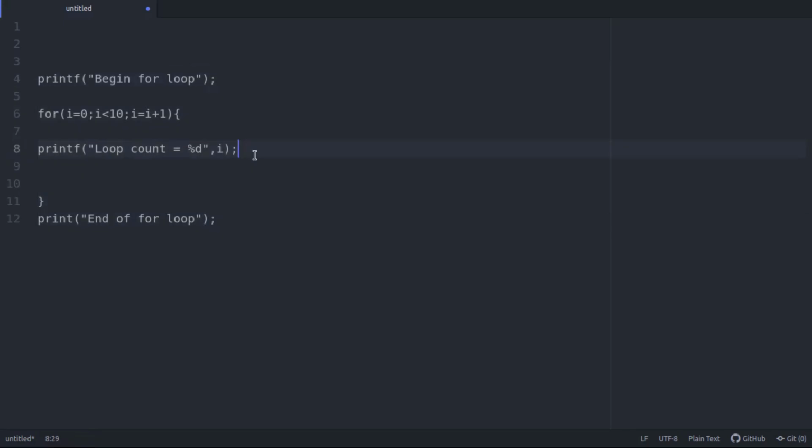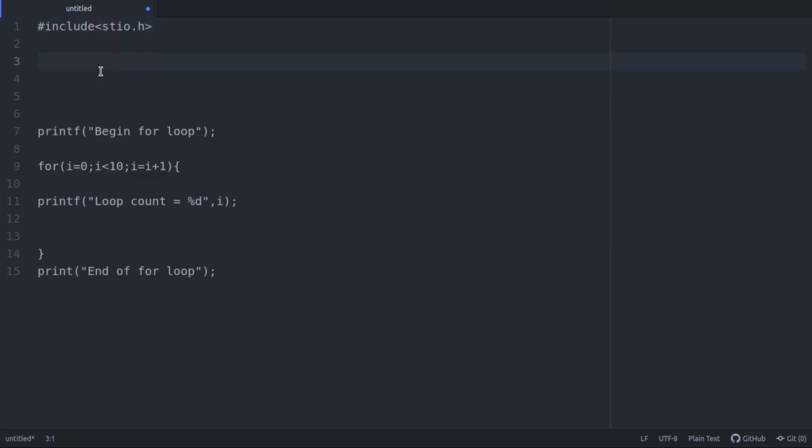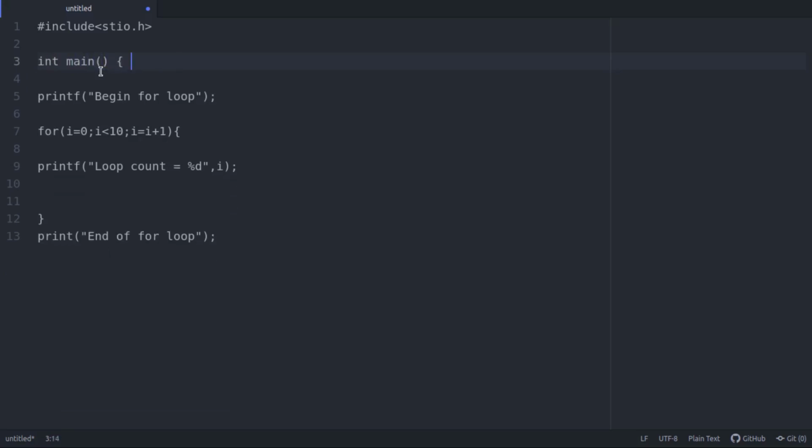So this is just an example of how a for loop can be written. Here in this program we've simply written a print statement. Instead of this print I can do any operation that has to be repeated n number of times, where I know the value of n. Now to complete this program, let us add the required header file. Generally we require stdio.h in C to take care of the input output functions, and then a main function to have the entry point, and that's about it.